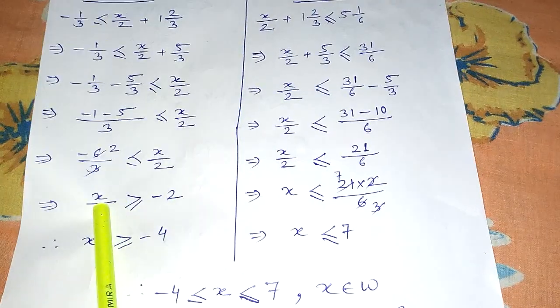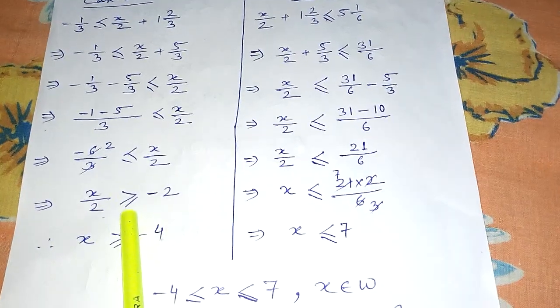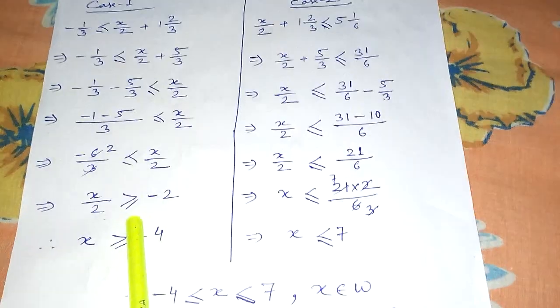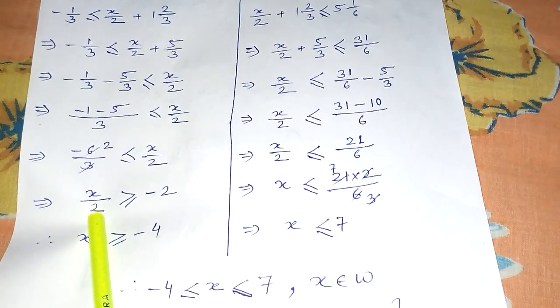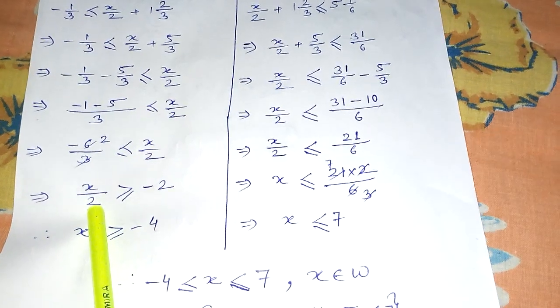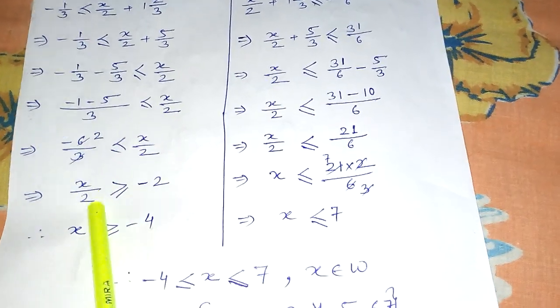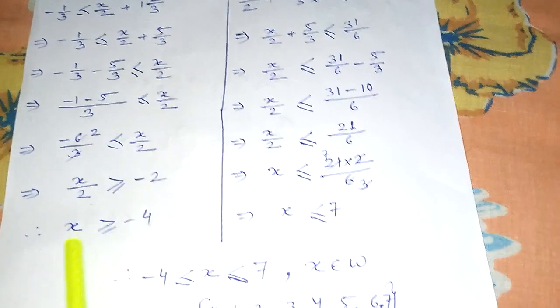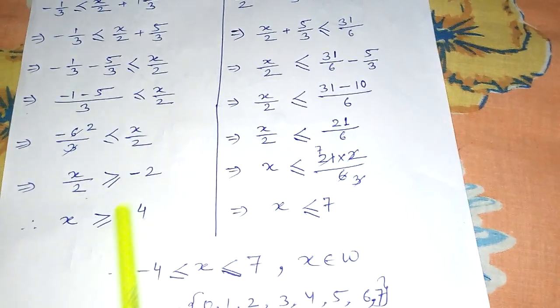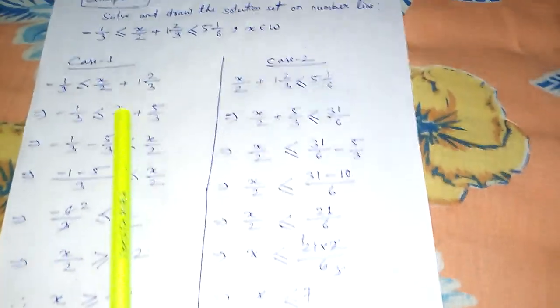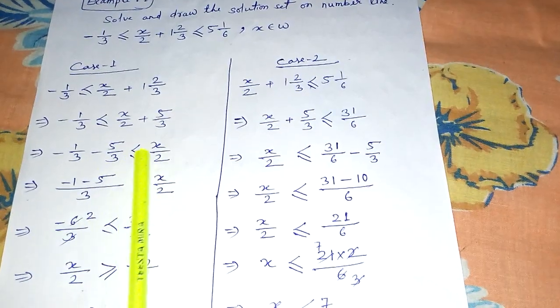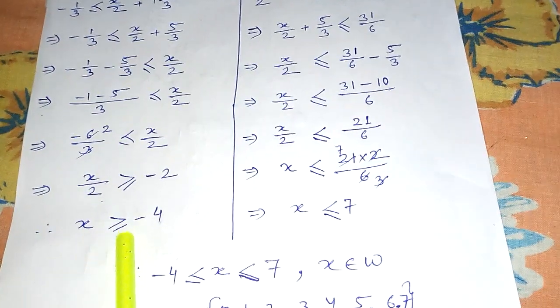So when I change x, to keep the conclusion the same, the symbol has to change so that it will again face towards x. So as I have to make x alone, this 2 will go that side, it will cross multiply with minus 2. So 2 2s are 4 and minus 4. So that means our result is x greater than or equal to minus 4. We began with the less than symbol, but we ended with the greater than or equal to symbol.